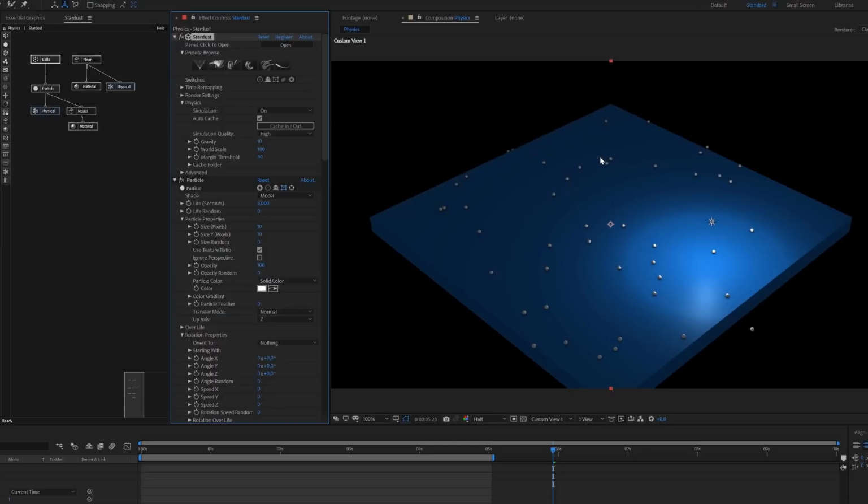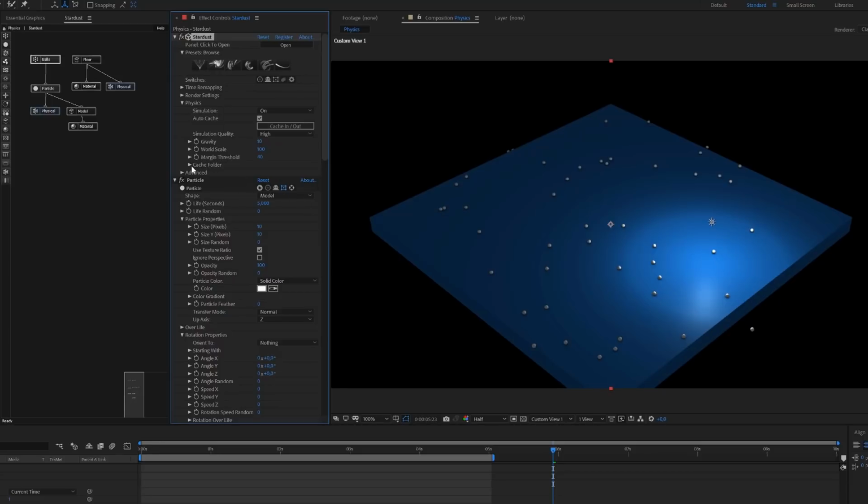I will not go into the details here. There is a recommendation that you leave this value at its standard value and don't change it until you need it. So I would recommend just leave it, and if you realize any problems with collision, then maybe you can try to change the size of the particles instead of the margin threshold, because this can lead to inaccurate or wrong